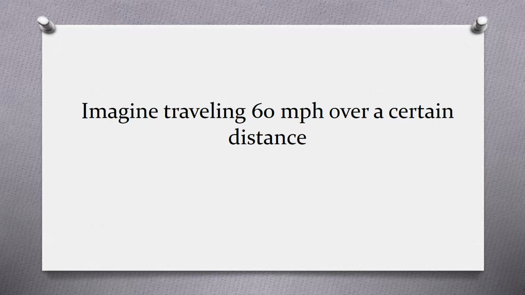So imagine a person traveling 60 miles per hour over a certain distance. If we're talking about traveling 60 miles per hour, imagine we start at one location, maybe at home, and then we end on campus at our college classroom or something. And so we know we didn't travel 60 miles per hour all the way. So we're thinking about, well, what happened on an interval to give us a better